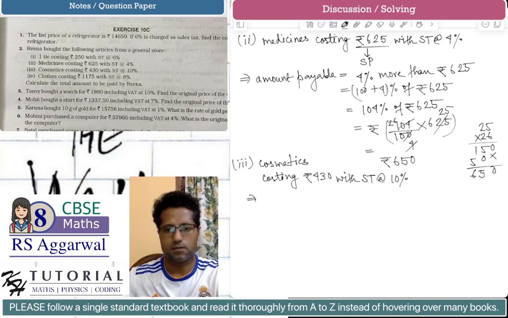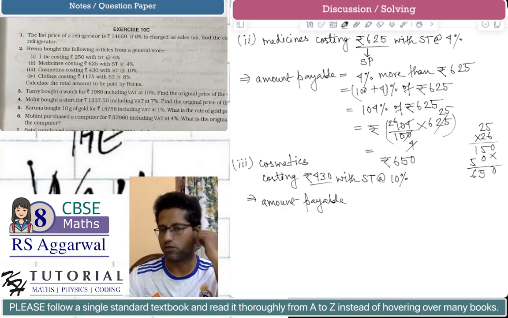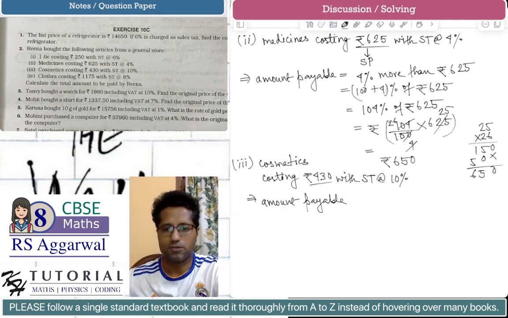This implies amount payable will be the selling price, that is the costing, which is rupees 430, we have to add the 10% sales tax based on the selling price or the costing. So the amount payable will be 10% more than